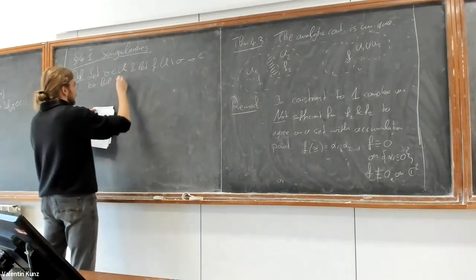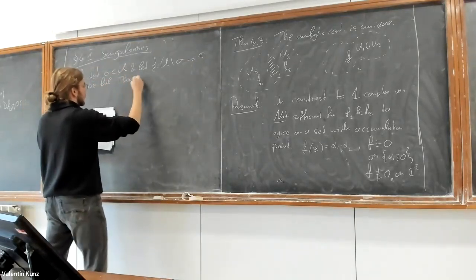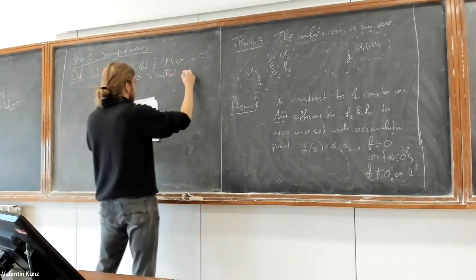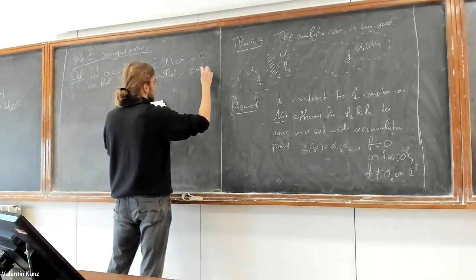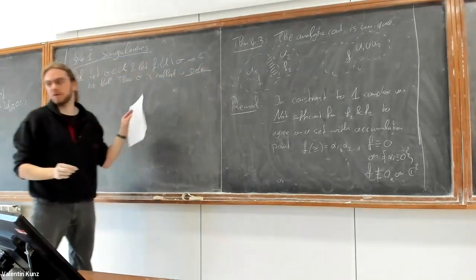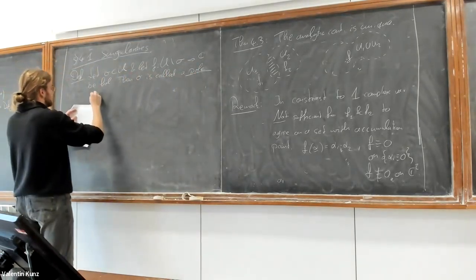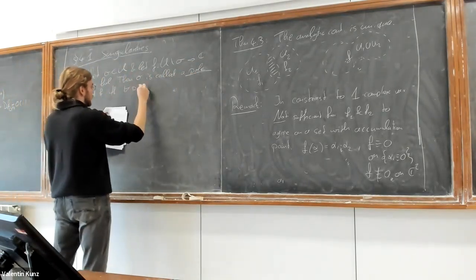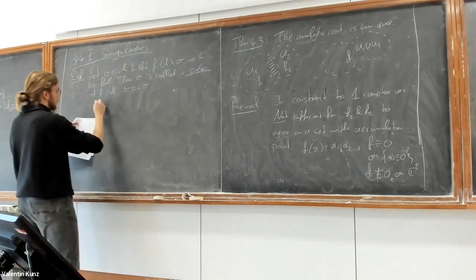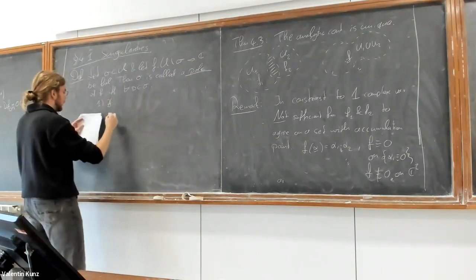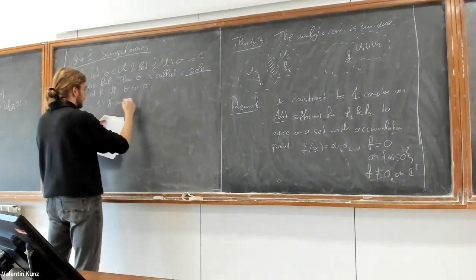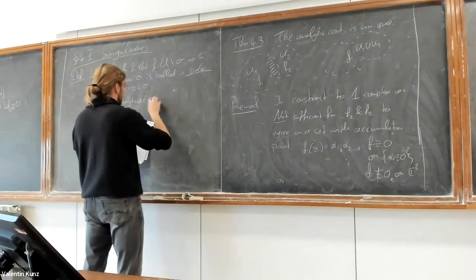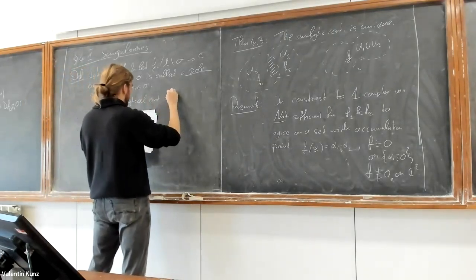Then Sigma is called a polar singularity of F if at every point in Sigma the following holds. First, we cannot analytically continue, so there is no analytic continuation of F